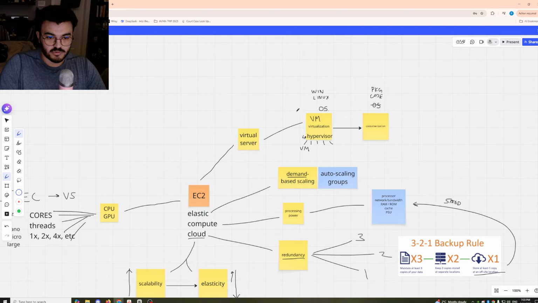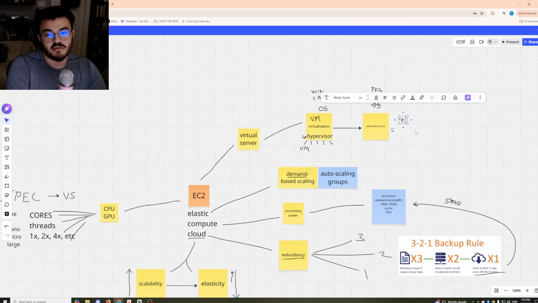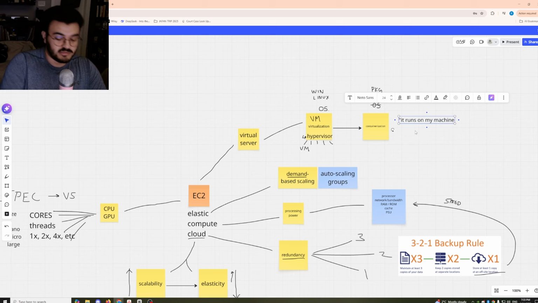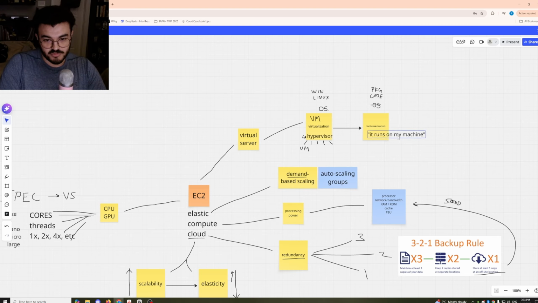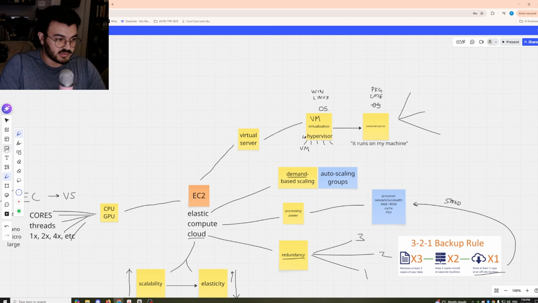storage. So basically with VM, you're making a lot of sacrifices, and with containerizing, it's more lean, and it's supposed to solve this kind of issue of when people say it runs on my machine, as in it only runs on mine and it doesn't run on yours, so sucks for you, basically. That's what that means. And then when we get to containerization, we can get into three kind of topics. Sorry, not topics, maybe softwares.